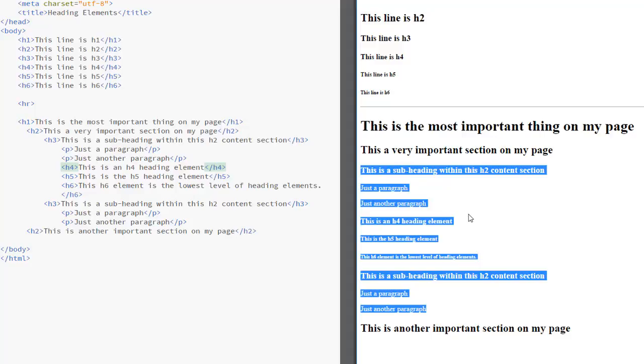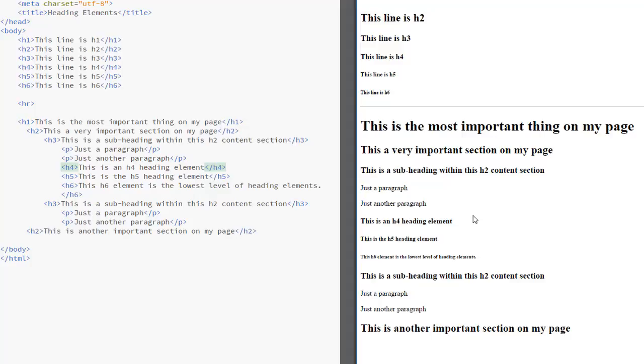Now notice that whenever you code these things as H1, H2, H3, H4, they don't indent like outlines do. If you want the indentations, then use something like the OL or the UL, the ordered list or unordered list elements, and that will give you indentation and numbers and everything. But here, the H1 element, H2 element, these are only for coding the sections of content within your page.